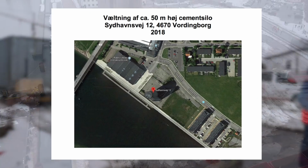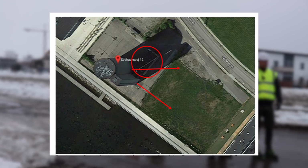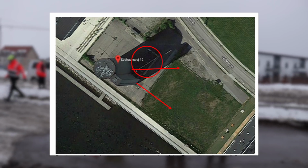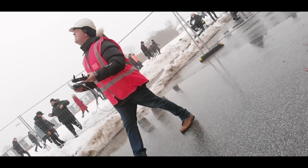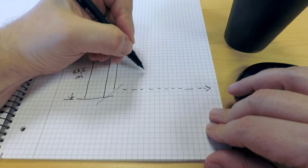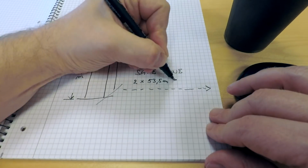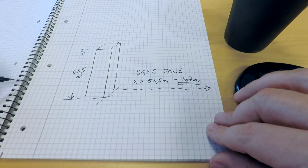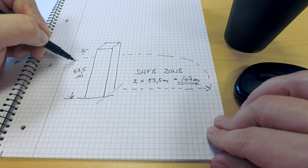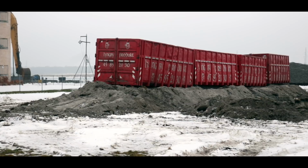Months before the work commences, a security zone is agreed. This is done by walking through the area and with a measuring wheel adding lines and measurements on an overview map. The purpose of the security zone is to keep the public away at a safe distance during the blast. The safety distance is calculated as twice the height of the building, which in this case gives 107 meters or 350 feet. In addition, the actual conditions are assessed, where containers in these situations are put up to protect